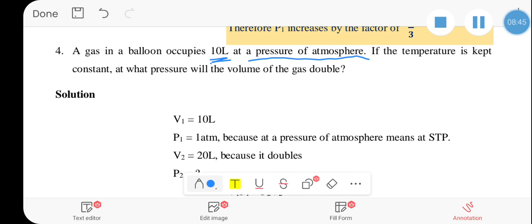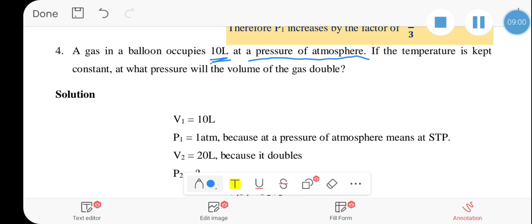At atmospheric pressure means at standard temperature and pressure ማለት ነው። ስለዚህ 1 atmosphere ነው ማለት ነው።